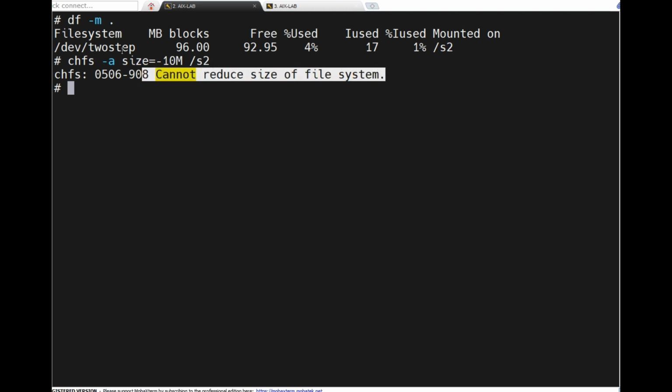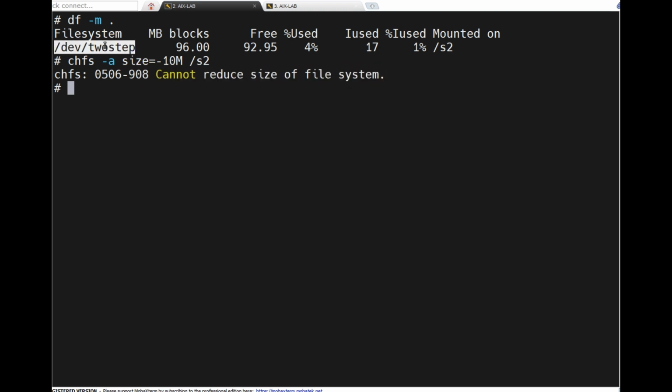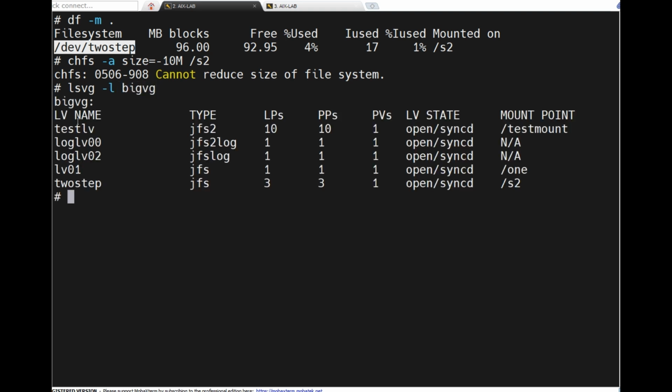Why? Because, lsvg -l bigvg, this is a JFS file system. So that's why the file system cannot be reduced. We can increase the file system on either JFS or JFS2, but decreasing the file system only happens on JFS2